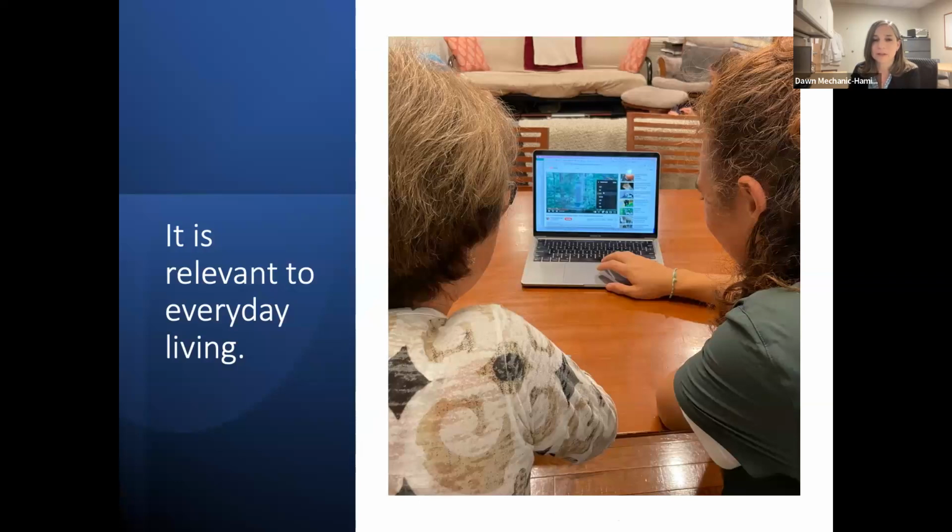So this is a gratuitous picture of my son and my mother getting together to share information about how to access things online. And this is, I think, a scene from lots of people's houses and clinics of incorporating technology in lots of different ways across generations. So I think there's lots of opportunity, intergenerational opportunity, and particularly in our older adult population.